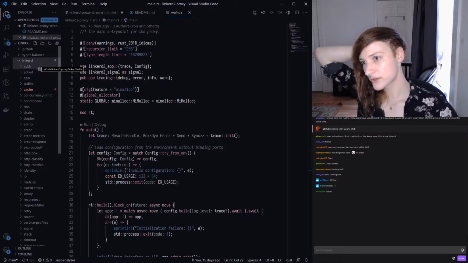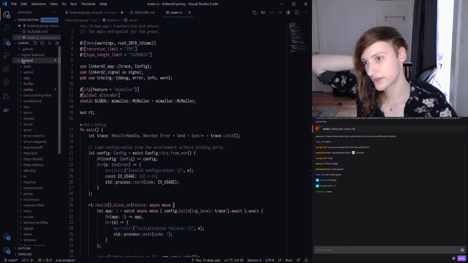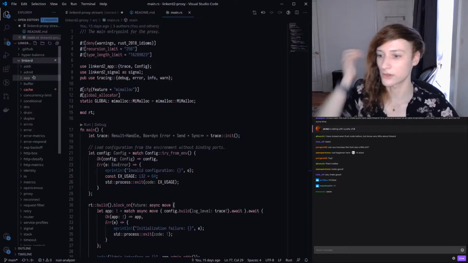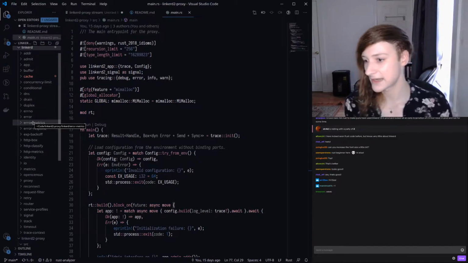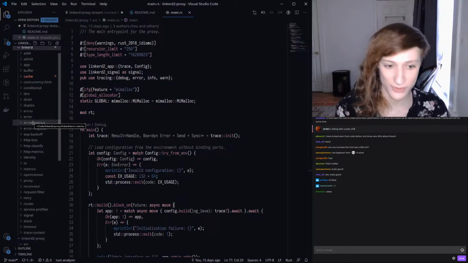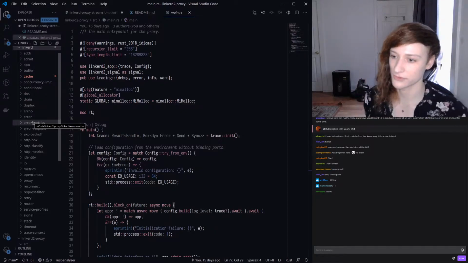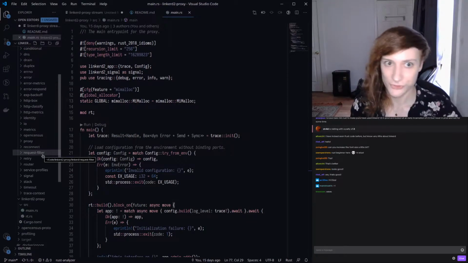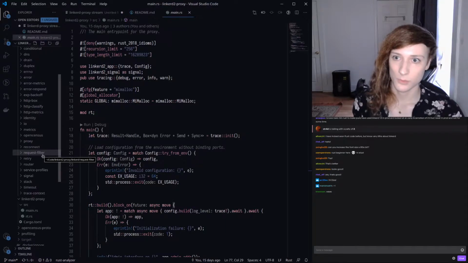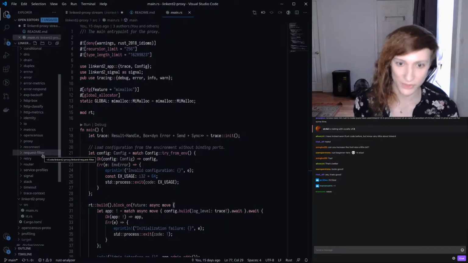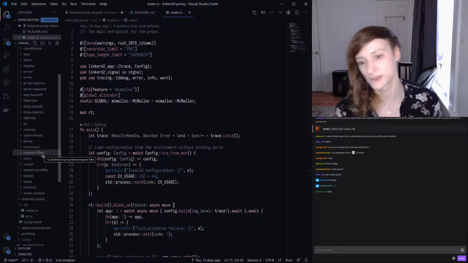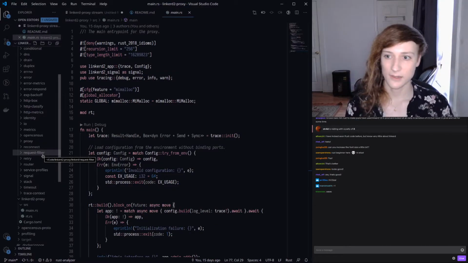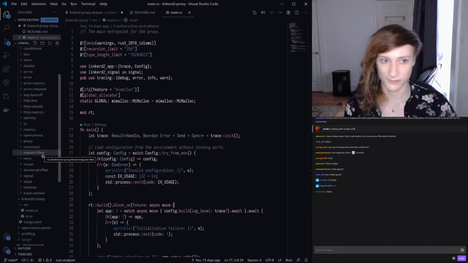And so over here, all of these directories that are in the Linkerd directory are subcrates that have one proxy component in them, and the proxy components are written in a very modular way. So then when we actually build the proxy, we just plug these modular components together, and we get a proxy that does everything that Linkerd does.